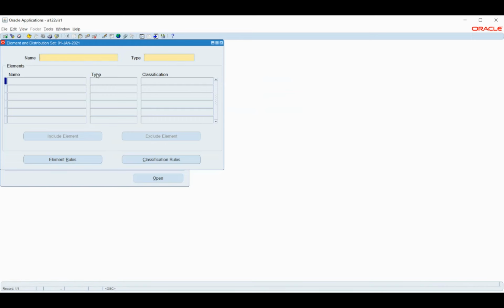Create element set also. It's not appearing.